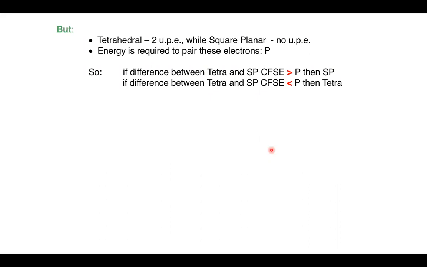So the tetrahedral would have 2 unpaired electrons, the square planar would have no unpaired electrons. And so energy is required to pair these electrons, so the pairing energy. So if the difference between the tetrahedral and square planar crystal field splitting energy is greater than the pairing energy, then it's going to be square planar. But if the difference is less than the pairing energy, then it's going to be tetrahedral, because